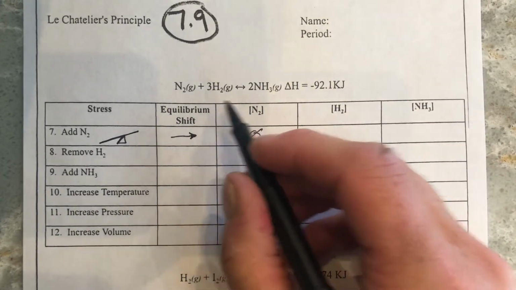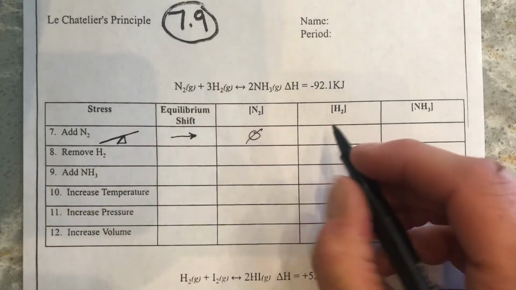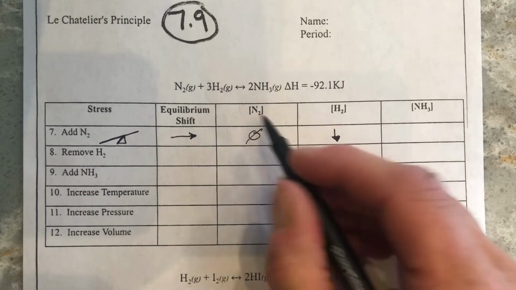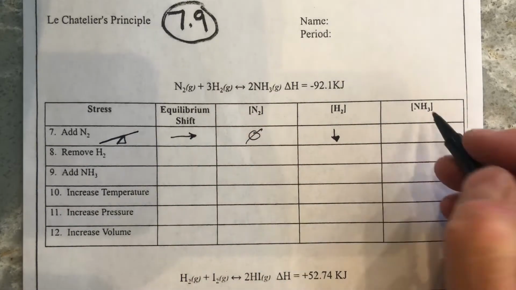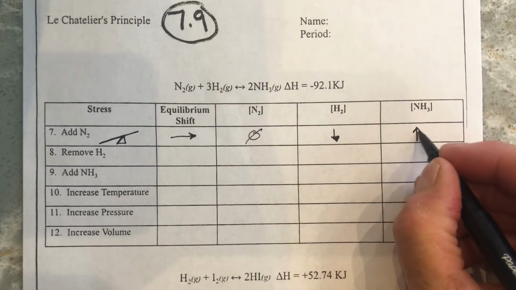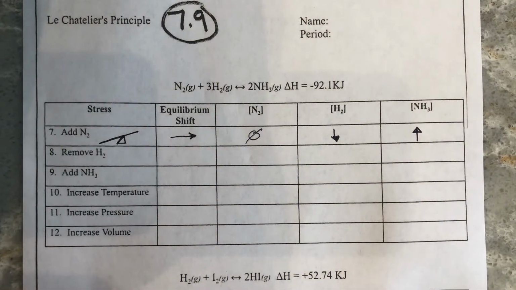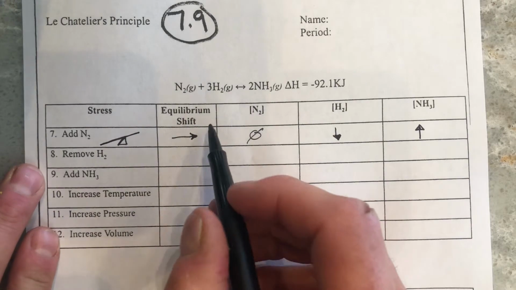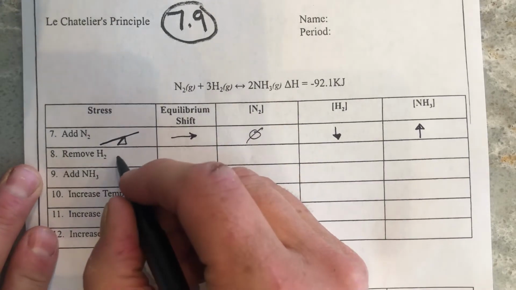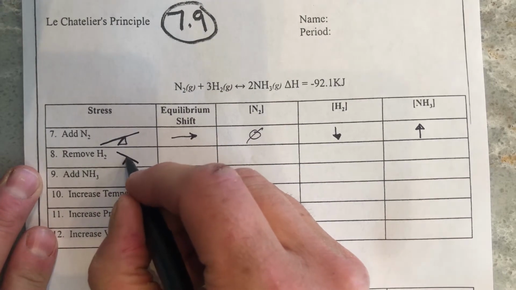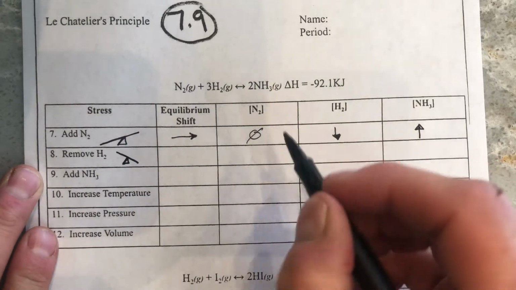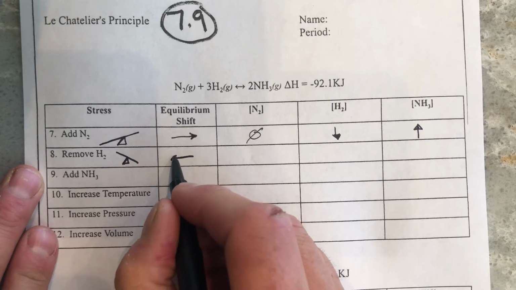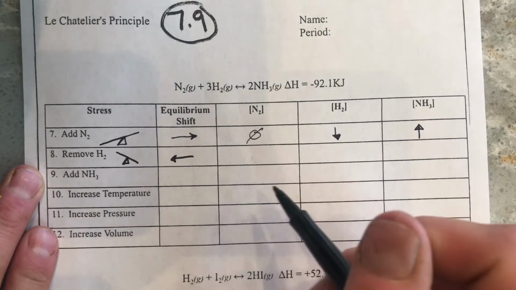Hydrogen, on the other hand, will get gobbled up by the incoming nitrogen, and so its concentration will go down as it's used up along with that nitrogen to make our ammonia, which the concentration goes up. Okay, so if we then move to the next one where we're taking hydrogen away from the reaction, we're stressing in this direction toward the product, and so our equilibrium shift will be to the left